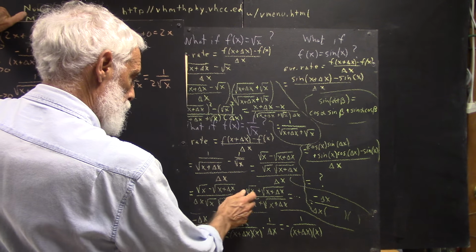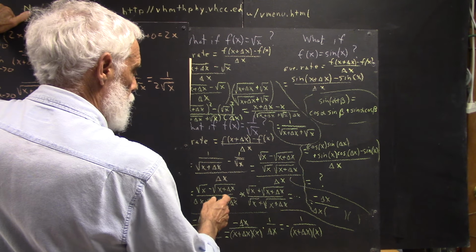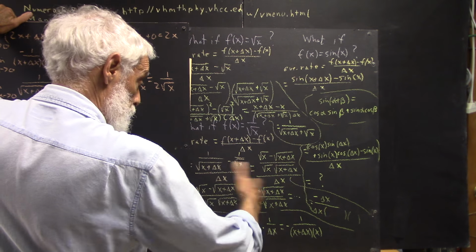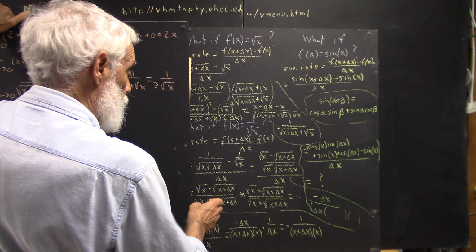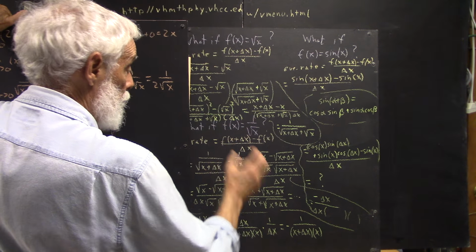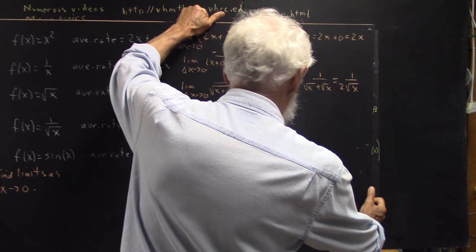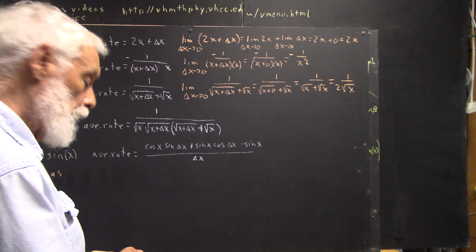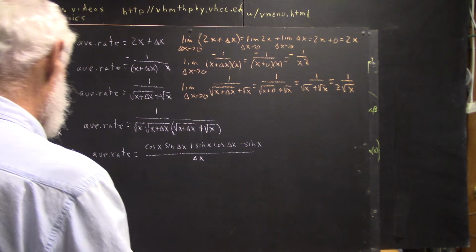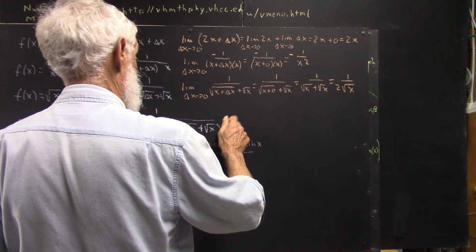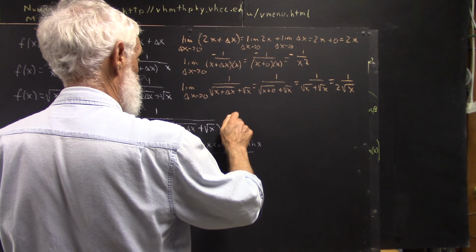You've got this minus this, this plus this. You're going to end up with a minus delta x when you square this out. You're going to end up with x minus the quantity x plus delta x, which will give you a negative delta x. And again, hopefully you caught me in that. Okay? So the limit then